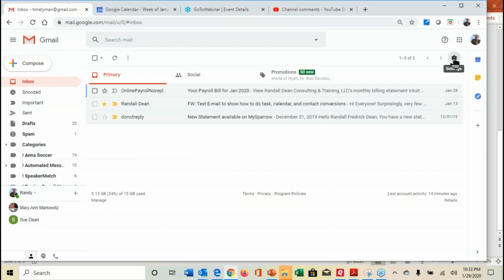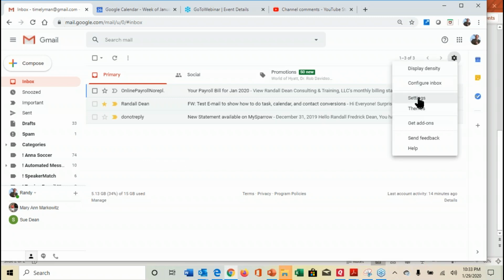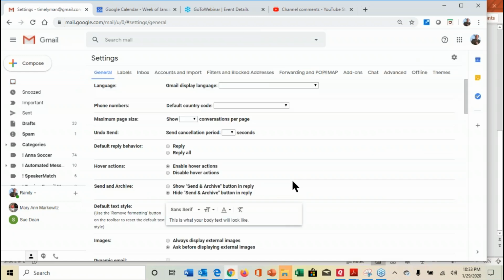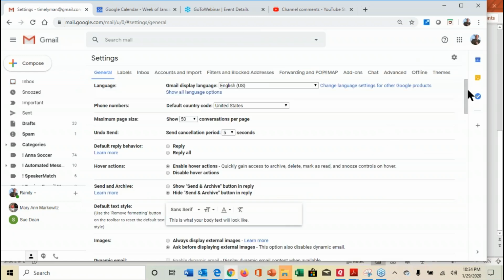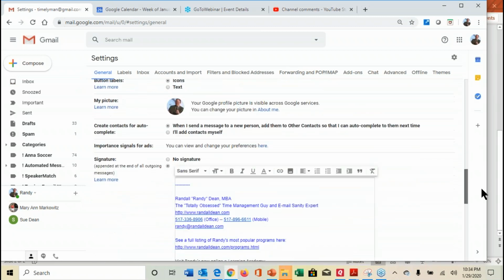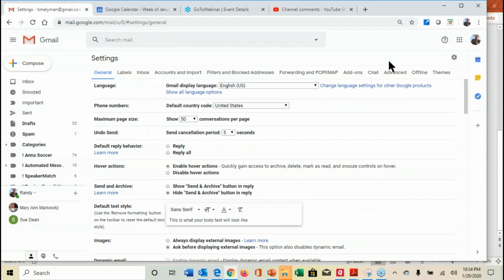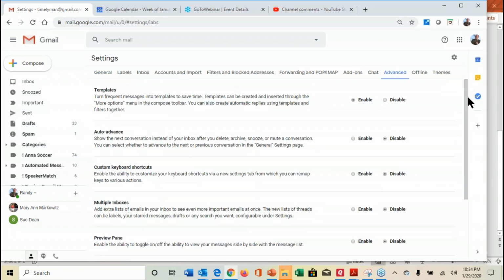So let's go up here to settings in Gmail, and I actually want you to come down and click on the word settings. And then what you're going to do is you're not going to go into the general tab because inside the general tab, you only get one signature. See, if you come down here, you get that one signature. But if you come over instead over here to the Advanced tab, click on Advanced, and you'll notice there's several